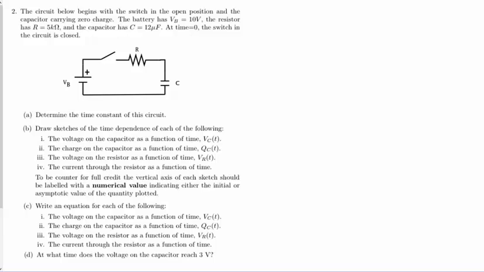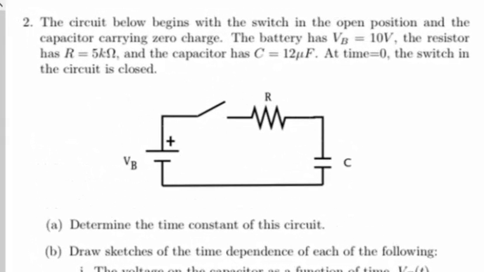The circuit below begins with the switch in the open position and the capacitor carrying zero charge. The battery has a voltage of 10 volts, the resistor is 5 kiloohms, and the capacitor is 12 microfarads. At time t equals 0, the switch in the circuit is closed, and then we are asked to find a